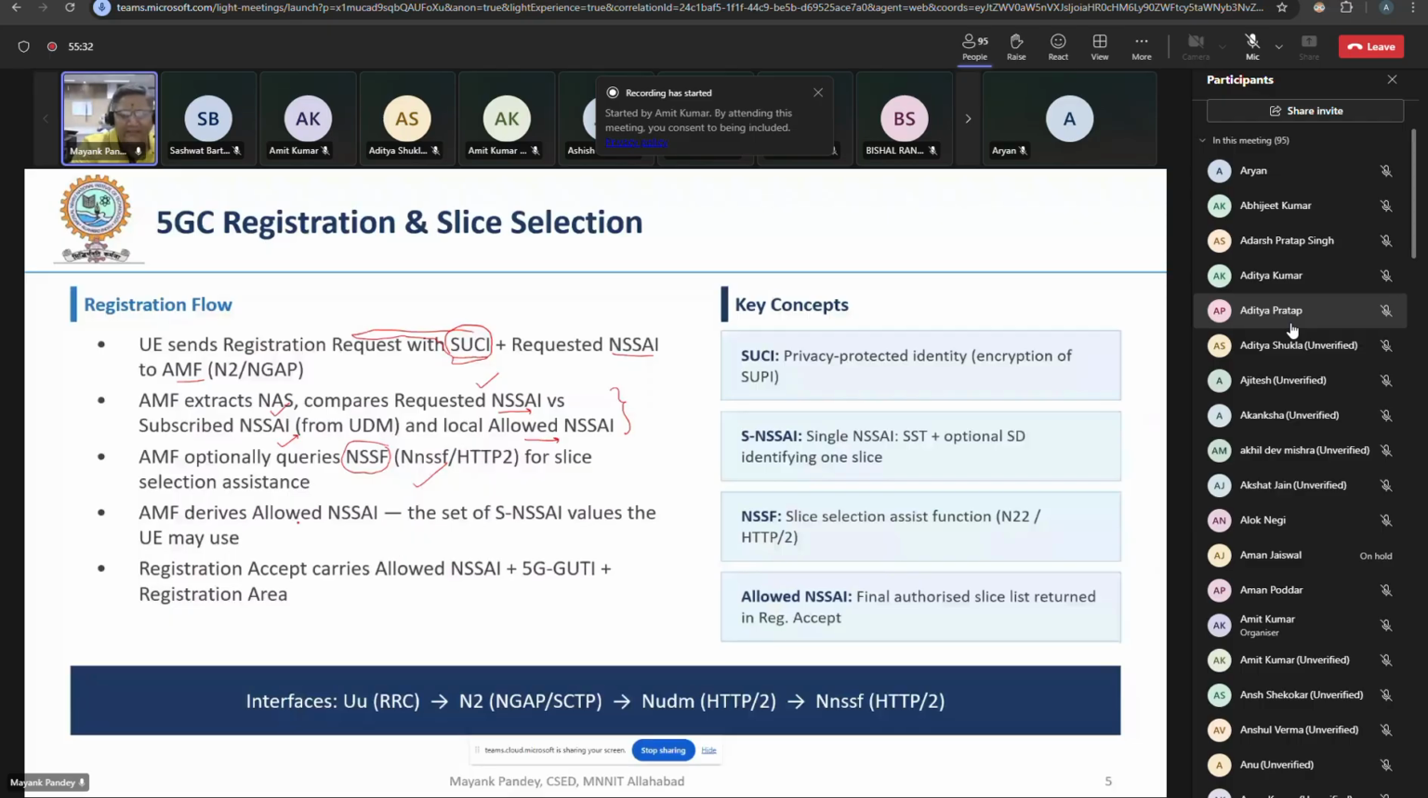AMF sets the slice and the S-NSSAI values, which the UE may use. And then finally, the registration accept request is forwarded to the UE with allowed NSSAI, GUTI, your global unique identifier, plus registration area. I didn't want to go into this detail, but in 5G, the first thing is our